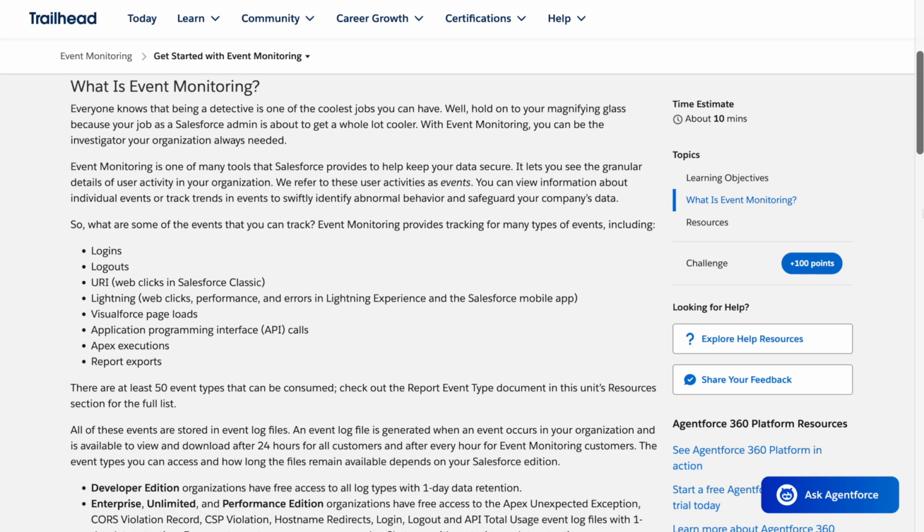What is event monitoring? Everyone knows that being a detective is one of the coolest jobs you can have. Well, hold on to your magnifying glass, because your job as a Salesforce admin is about to get a whole lot cooler. With event monitoring, you can be the investigator your organization always needed. Event monitoring is one of many tools that Salesforce provides to help keep your data secure. It lets you see the granular details of user activity in your organization. We refer to these user activities as events. You can view information about individual events or track trends in events to swiftly identify abnormal behavior and safeguard your